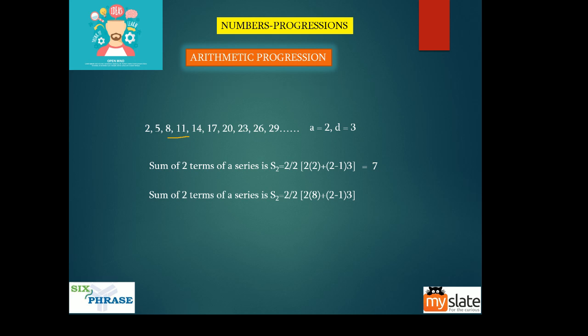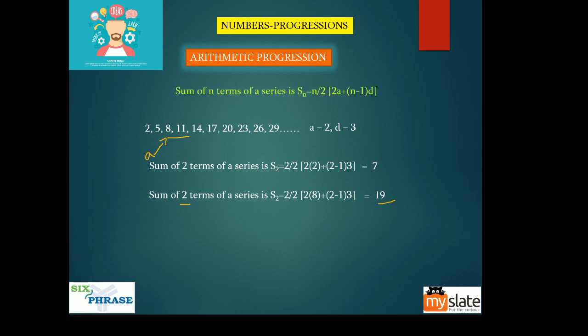Okay, so sum of two terms in a series where, so now what will be a? This will be a. 8 will be a. Okay, so two terms, so n by 2 will be 2 by 2. Here you can see n by 2, guys. Yes, so this n indicates this 2. So n by 2 will be 2 by 2, and then 2 into a. I told you now a is 8, because we are finding the sum from 8, two terms. You are finding the sum of those things. Okay, so 8 plus 2 minus 1 into 3. So what do you get? You get 19. So 8 plus 7, 19. Correct? Yes.